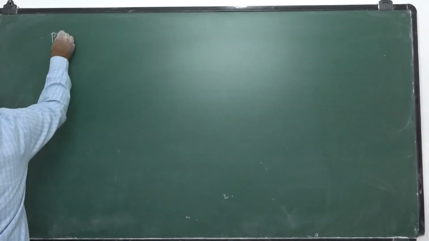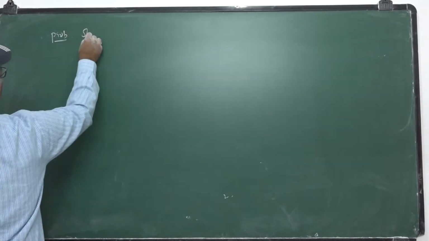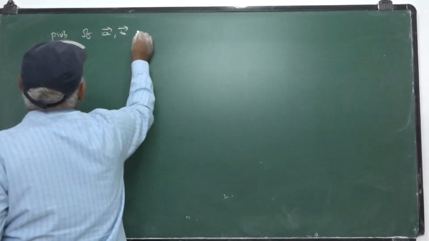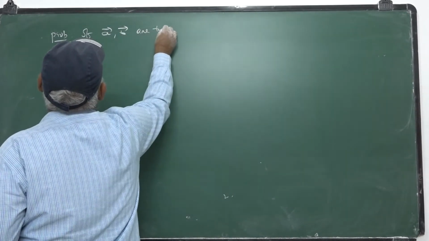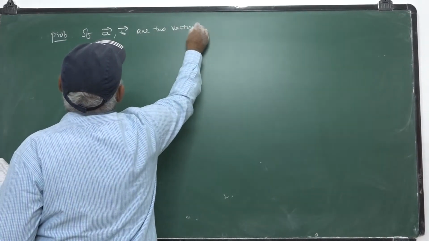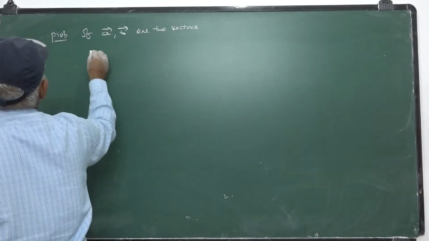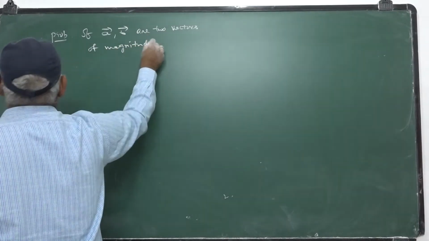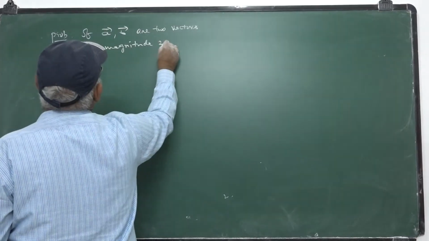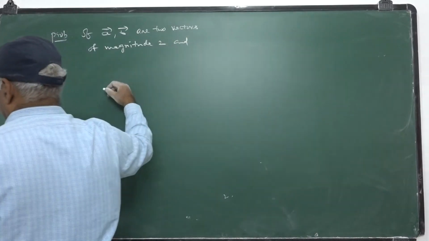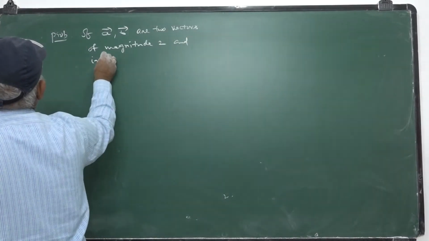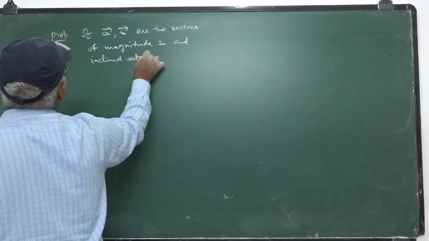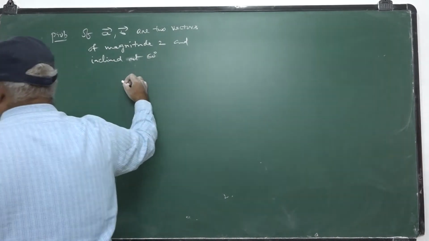Next problem is a simple problem. If a bar, b bar are two vectors of magnitude 2 and inclined at 60 degrees, then